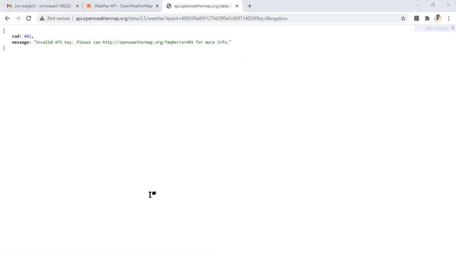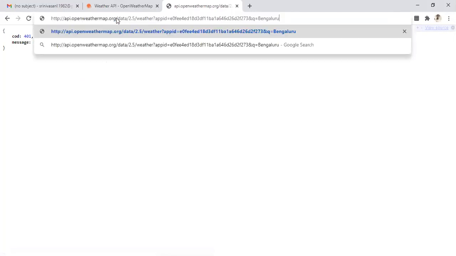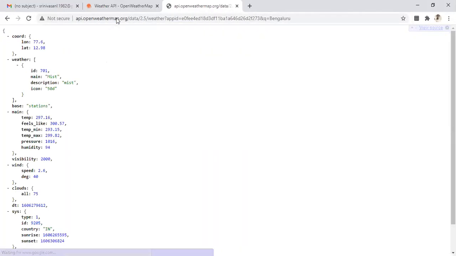Okay, let me try one more key there. Let me try that one. Yeah, I think multiple creation is not allowing, guys. I have to check that one. Yeah, you got this, guys. Are you there?